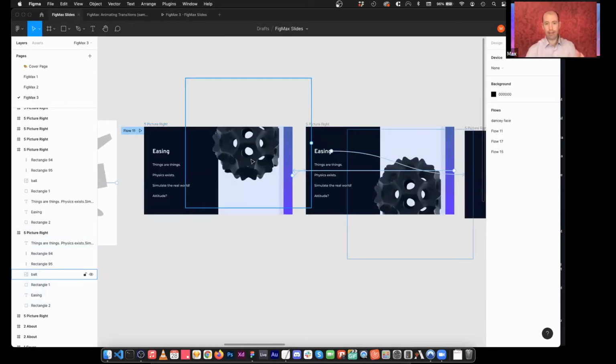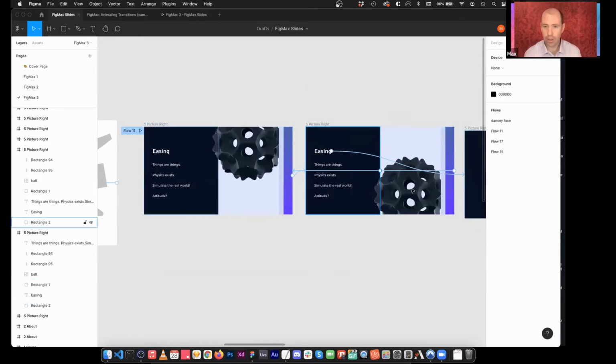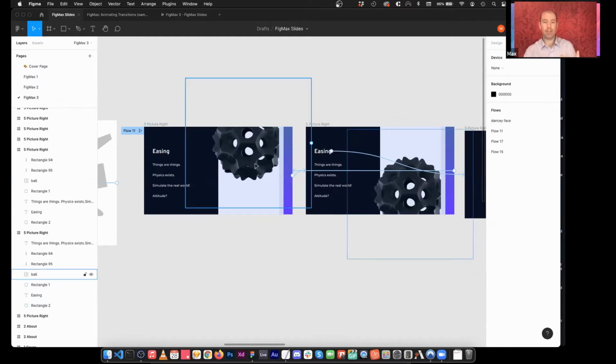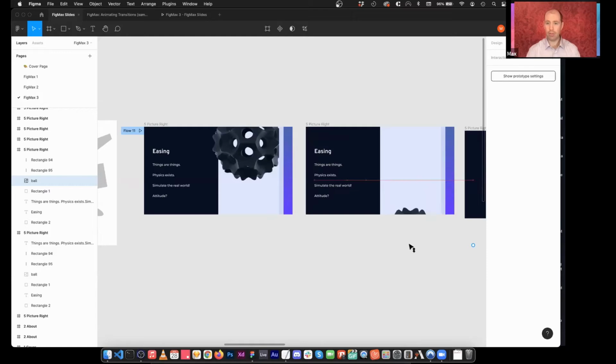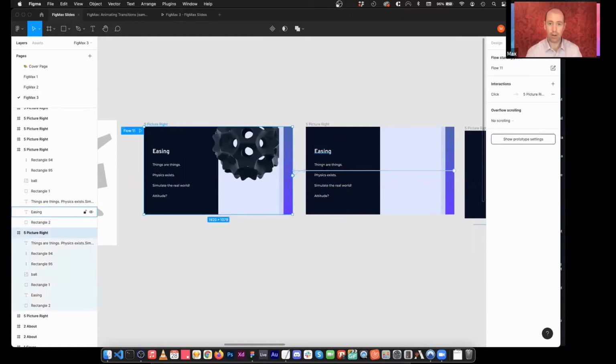So as we play with these different easing curves, we can make it feel different ways. If we want this thing to ramp up and get off screen as fast as possible, let's say this object here, we don't need to see it stop. So we're going to click and then shift so that it's in a 90-degree angle, so it's not moving off center. And then we're going to hold spacebar so that I can move this thing off screen and have it stay inside of that frame. We're going to change this easing curve